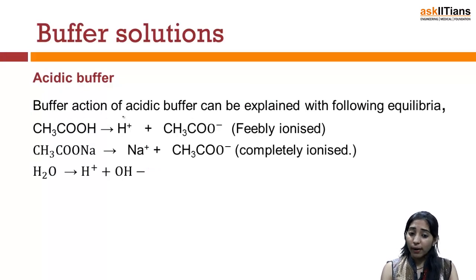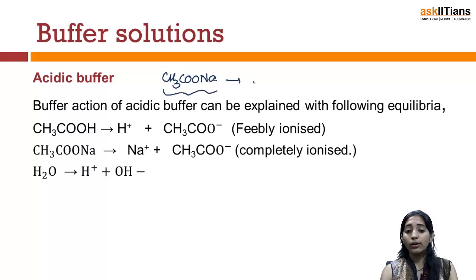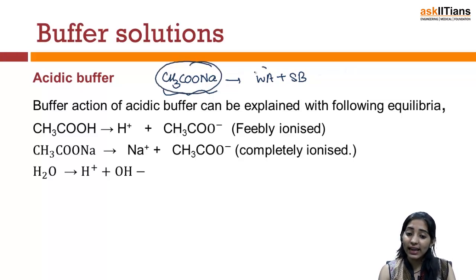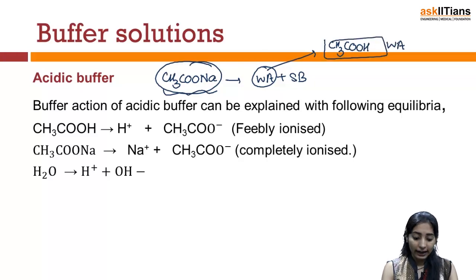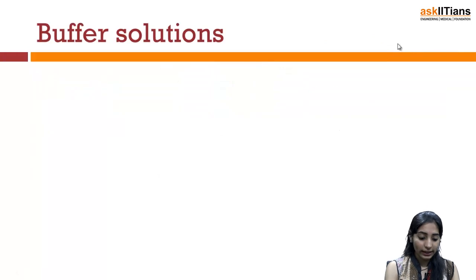We say that the buffer action of an acidic buffer can be explained, for example, with the following equilibria which I have established. Say you are taking a salt, for example, CH3COONa. That means this is a salt of a weak acid and a strong base. Now you are putting this salt in another solution of the same weak acid which is common to this salt. That means I'll take a solution of CH3COOH, which is a weak acid, and now my solution contains